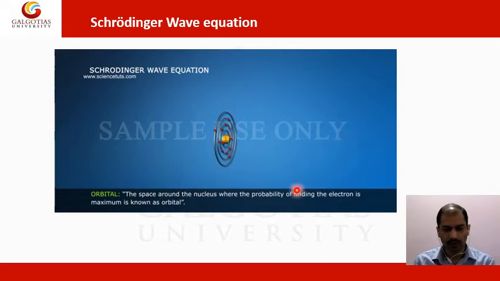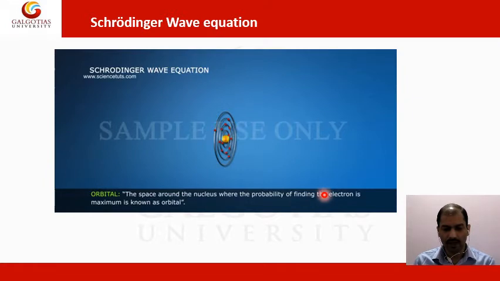If you see the angular probability distribution curve, you will find that the probability of finding the electron is the same in all directions at a particular distance from the nucleus. Hence the shape of the s orbital is spherically symmetrical. It means the probability of finding the electron is similar in all places. The size of the orbital depends on the principal quantum number.